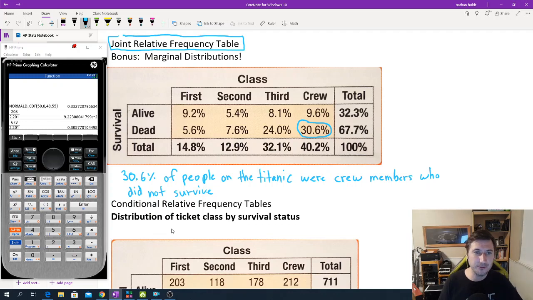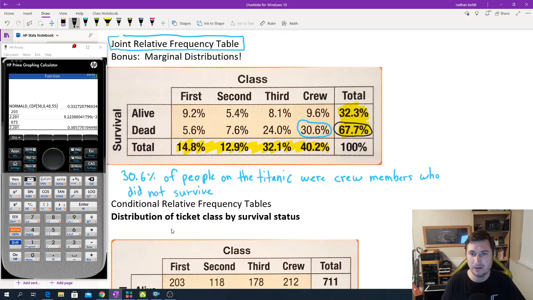Now it has a bonus here. It also gives you marginal distributions. Those are the distributions in the margins. These ones over here and these ones over here. These are the totals. These totals have meaning. So what do they mean? Let's interpret one of those. Let's do this one right here,